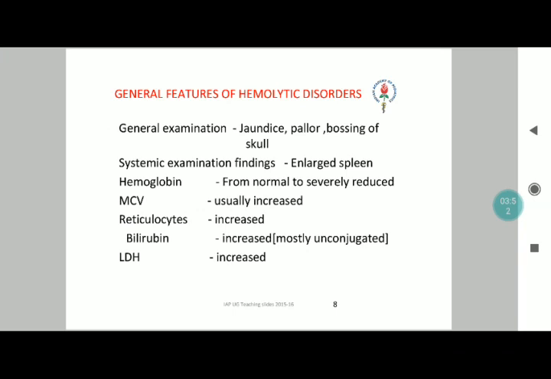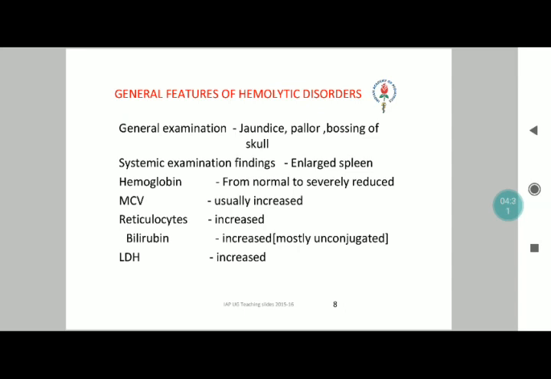Now, if you consider hemolytic disorders as a whole and as a spectrum, the clinical features are somewhat similar, and the diagnosis is pretty much based on the peripheral smear and other blood parameter findings on investigations. On general examination, jaundice is commonly seen with presence of pallor and bossing of the skull. On systemic examination, splenomegaly will be noted. Hemoglobin might be normal to severely reduced. The MCV will be increased, with increased reticulocyte count, increase in unconjugated bilirubin, as well as an increased